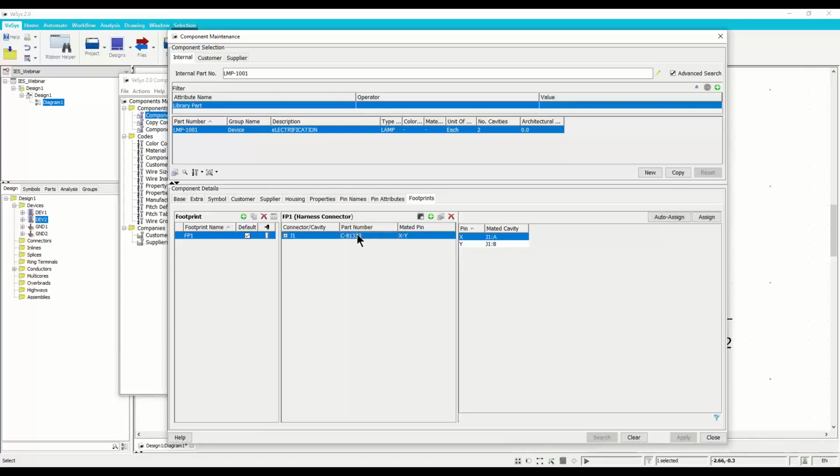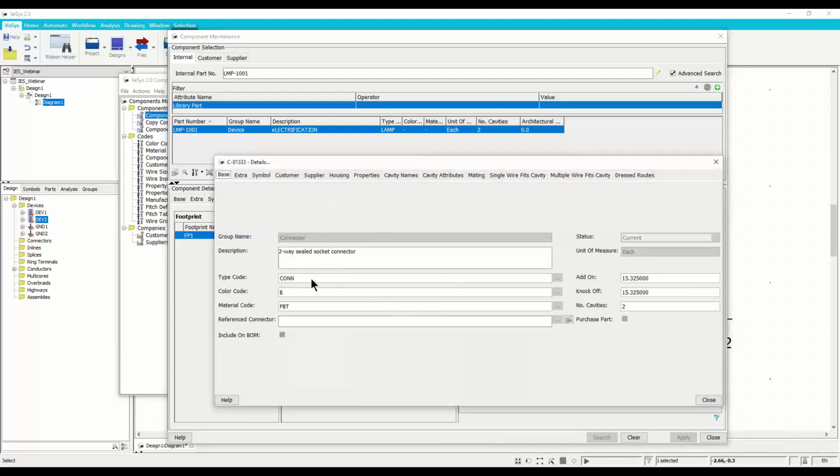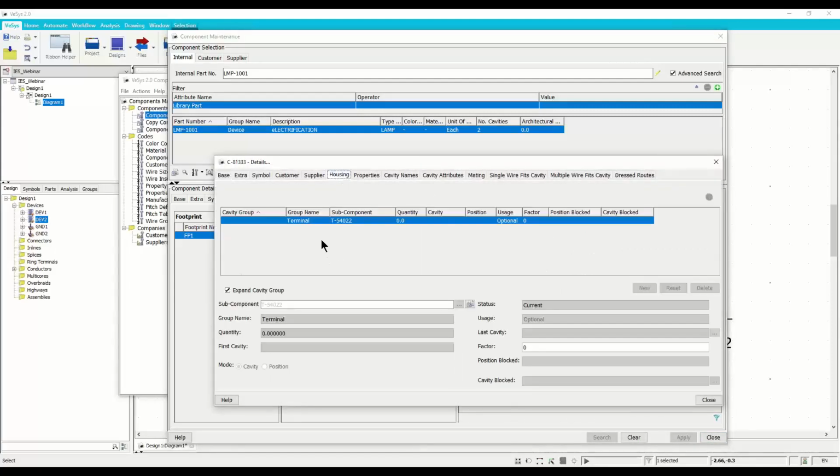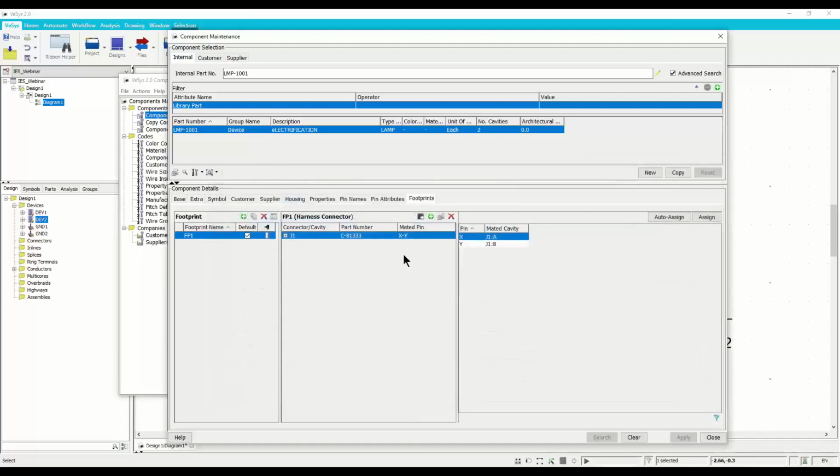Now, if we open the definitions of the connector that we just assigned, we're going to notice that even the connector has a terminal assigned to it. So by this, you're maintaining your connection all the way from a device to the terminal, and you can even extend it more by adding wires and so on. So this is a very smart way to have all your links together in the same library. Whenever you use them, you have everything, and all the information is included in the bill of material and all the project documentation, as we're going to see after.